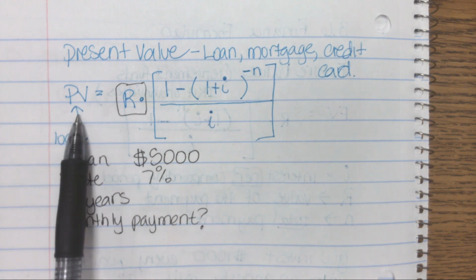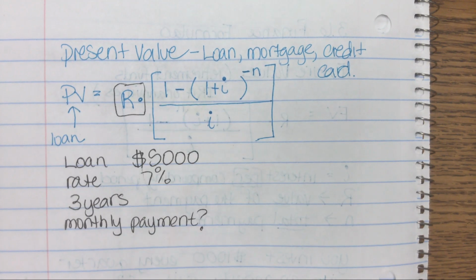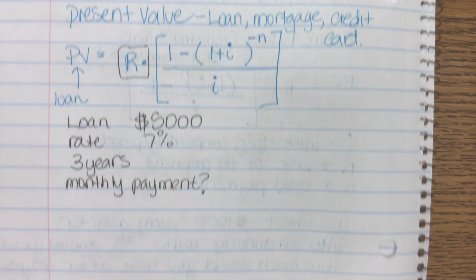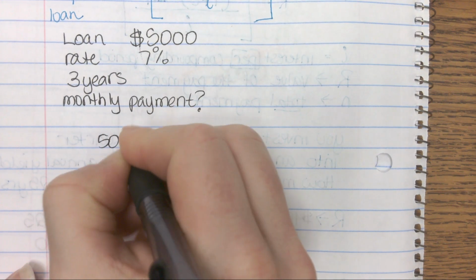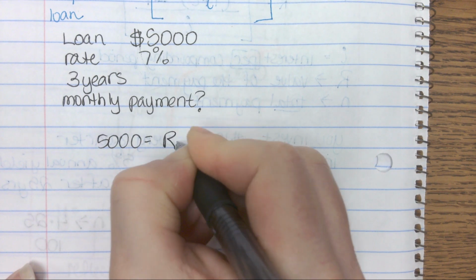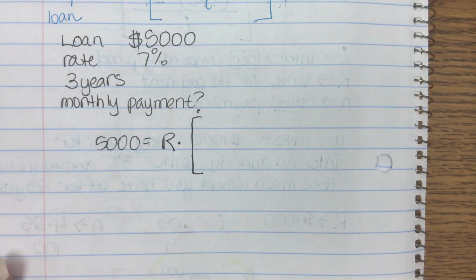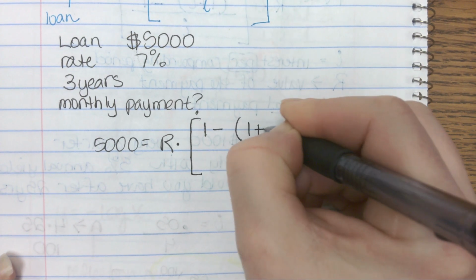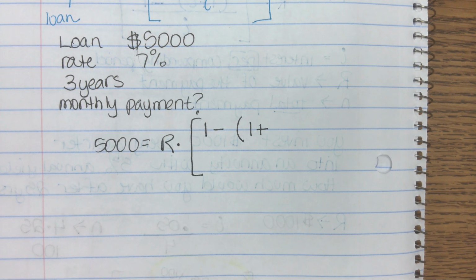Okay. So basically on these kinds of problems, we're going to use our calculator and we're going to take our loan amount and divide by whatever this number is to figure out what R is. Okay? So our loan amount goes right there. So we have 5,000 equals. We do not know what R is. We're going to leave it in there. And then we have 1 minus, 1 plus. Our interest rate is not 0.07. You have to take 0.07 and divide it by